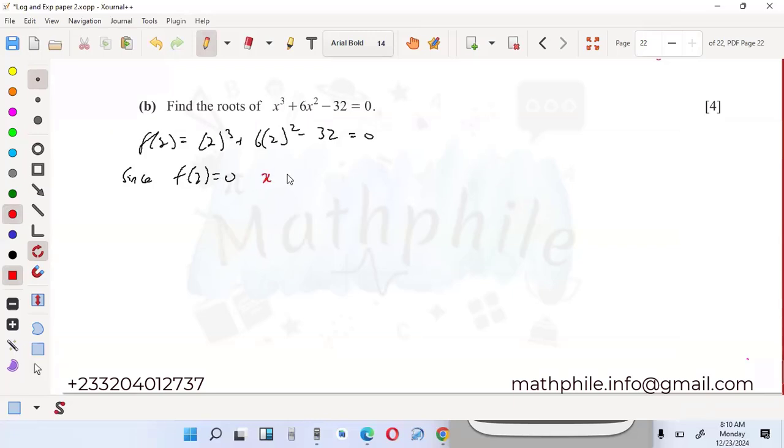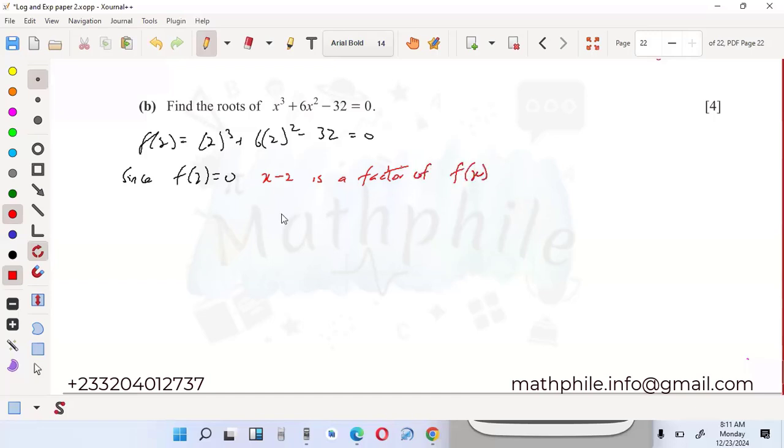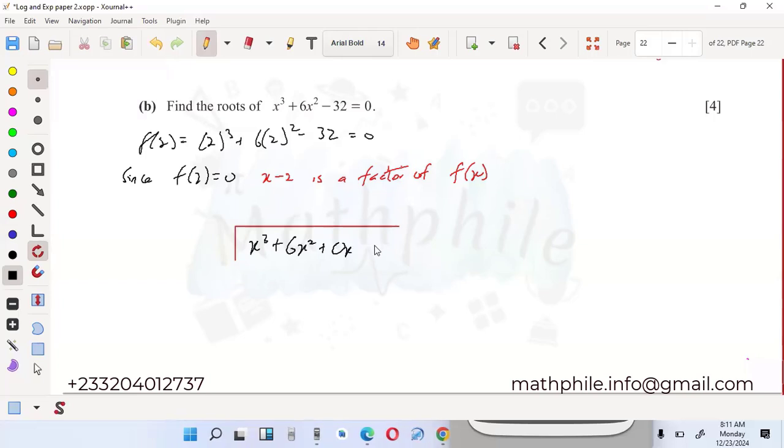X minus 2 is a factor of x cubed plus 6x squared minus 32. Let's say f of x, so that we don't write it. So we now perform the long division, or if you like, the comparison method. So this is going to be x cubed plus 6x squared plus 0x, and we've got this one to be